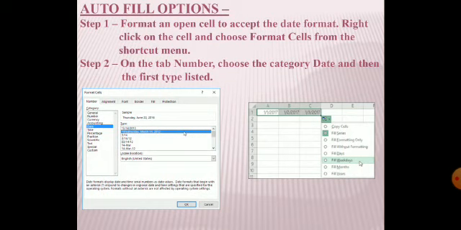Now we will see autofill options. To format an open cell to accept the date format, we have to right click on the cell and choose Format Cells from the shortcut menu. On the Number tab, choose the category Date and then the first type listed. Then we have to click on the OK button.